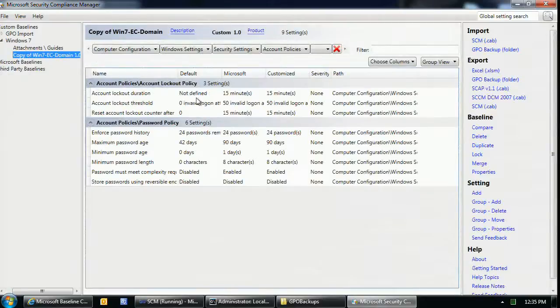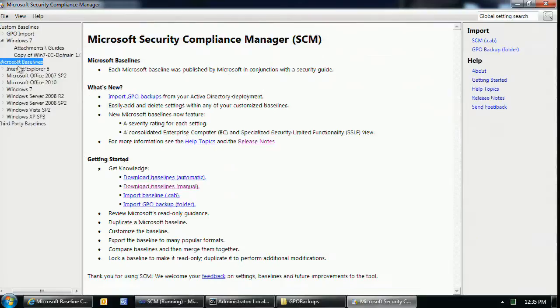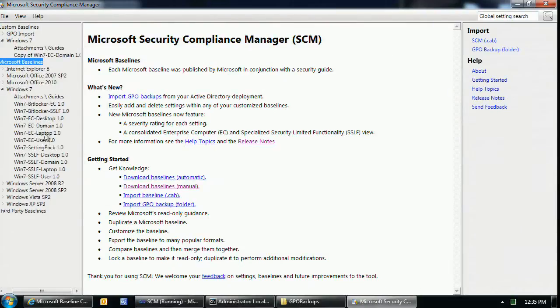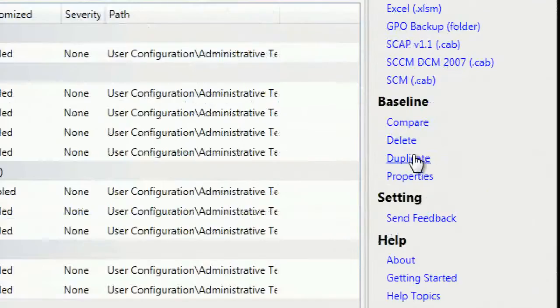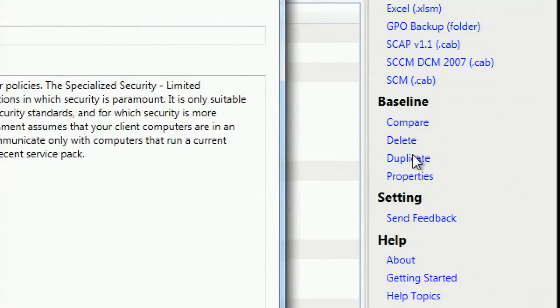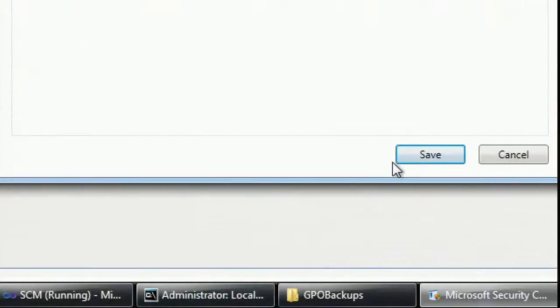Okay, this is not a read-only baseline. This is what you do. I'll just show you real quickly. You go to a baseline, and let's take this one. So this is Win 7, Specialized Security, Limited Functionality, User Baseline 1.0. And you click a little button over here. You're doing a duplicate of the baseline. You say duplicate. So that is a clone. You clone the baseline. You hit